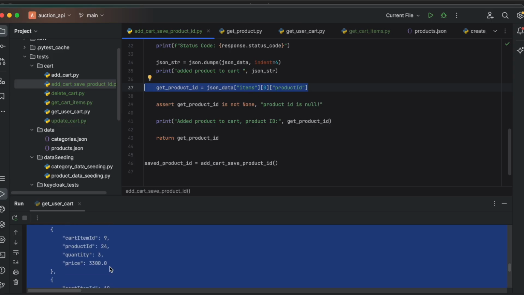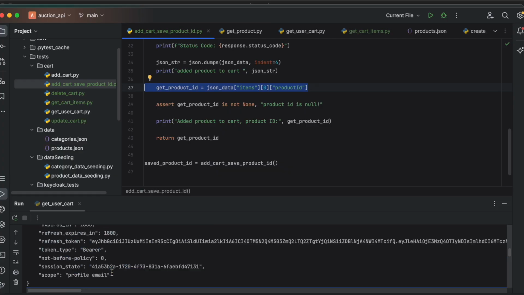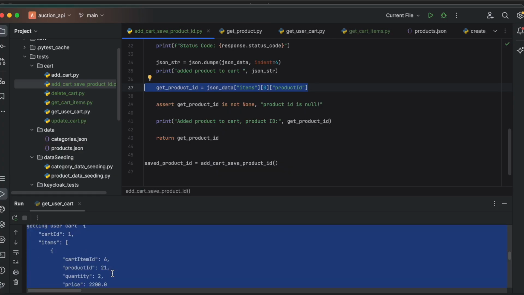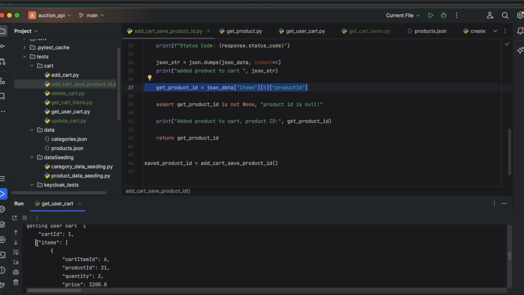We are looking at items, and then we are saying get the product ID of the items, and then this will be great in an end-to-end test. But anyway, we are doing the then go to items, then the first product ID of the first one. So as we add the product